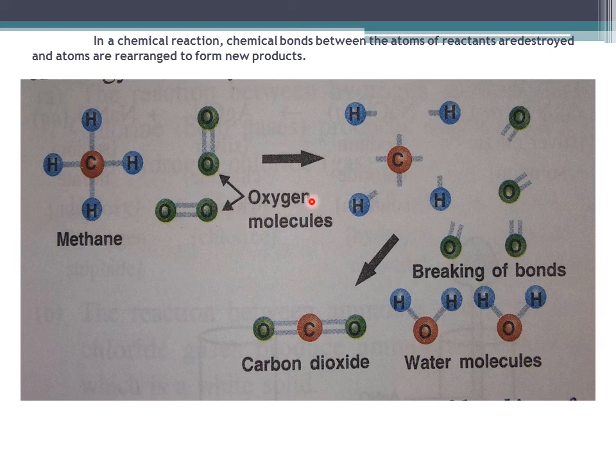And these two reactants, when they combine together, the bonds are broken down. You can see the breaking of bonds here. The new products are formed here. Which are the products? Carbon dioxide and water molecule. There you can see new bonds, formation of new bonds here between carbon and oxygen, and here between hydrogen and oxygen you can see the new bond formed.